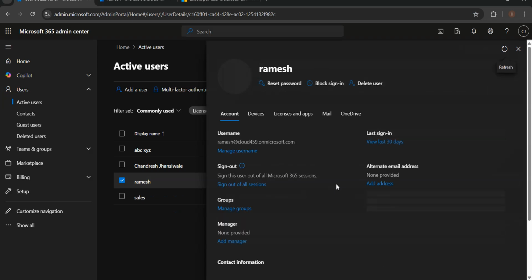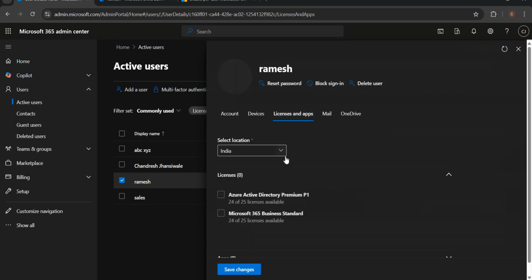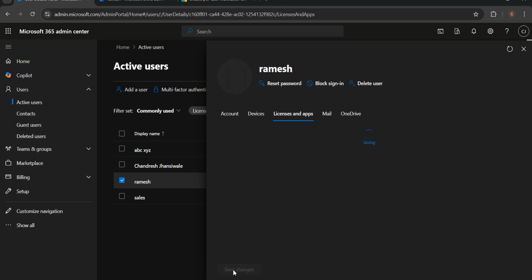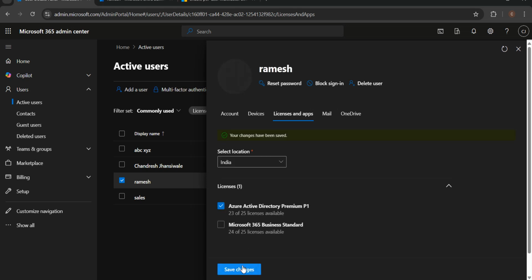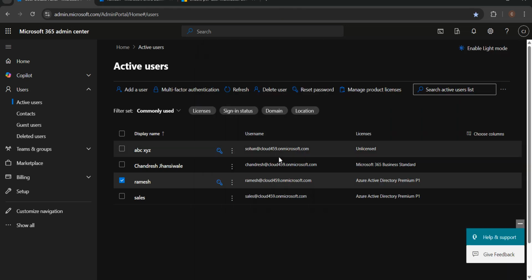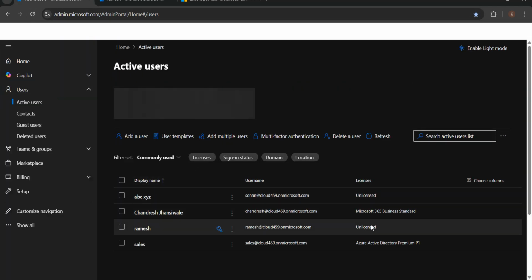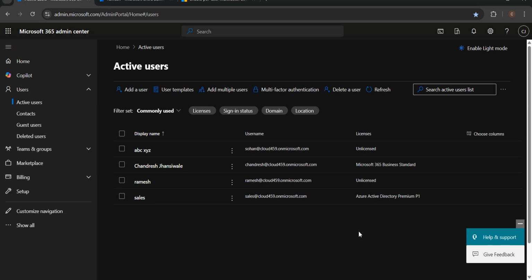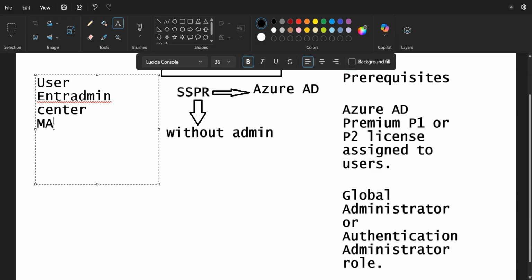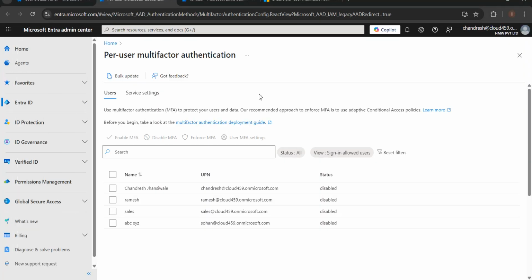Since it's an unlicensed user, I can assign the license here, guys. So this is the AD Premium license. I can assign it, and save changes. Now you will see that there will be 23 licenses because we have occupied two licenses. The AD Premium one is to make this user part of multi-factor authentication, meaning he can configure the Microsoft Authenticator app and log in with it without the need for admin help